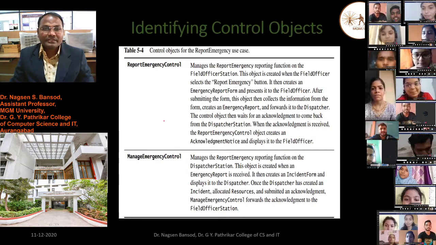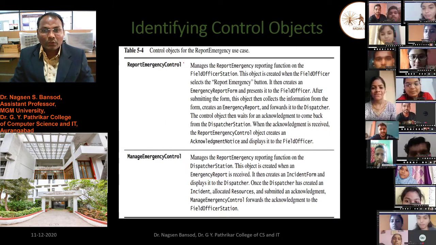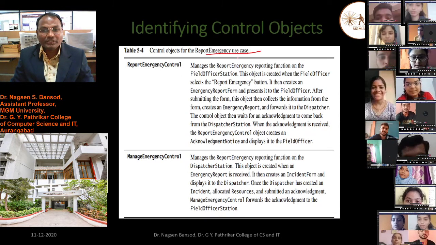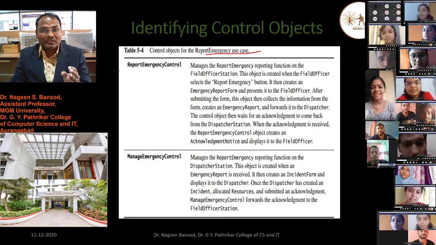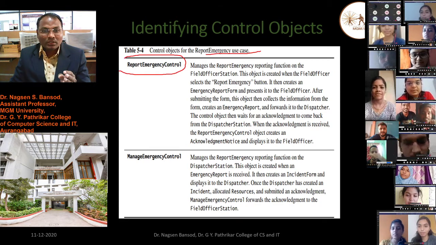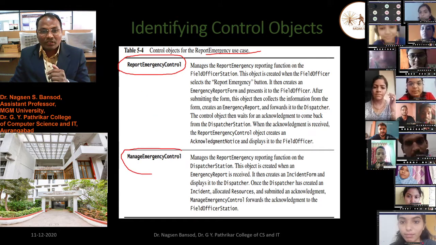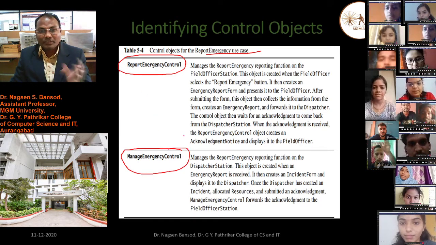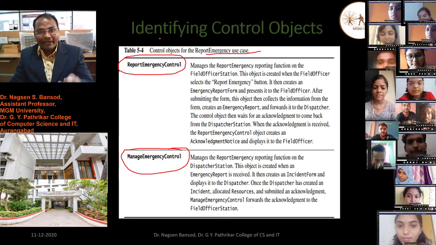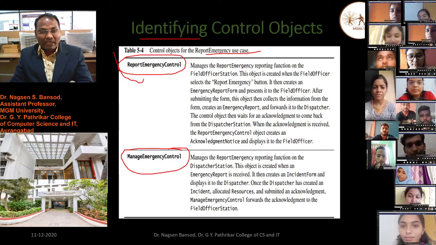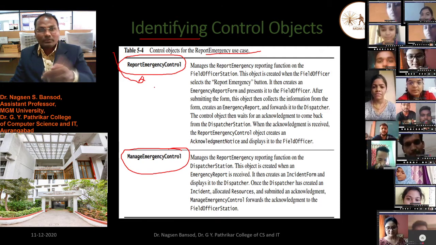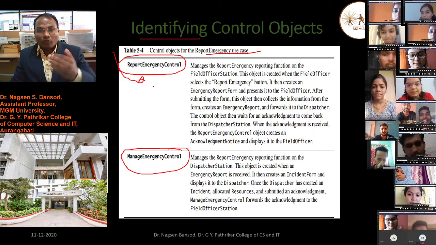You look at Table 5.4, control objects for the report emergency use case. We have to identify these controls from the collected information.